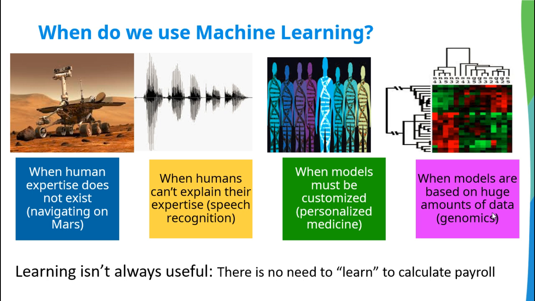When humans can't explain their expertise, for example speech recognition, which has improved a lot now, to different models. Video to speech, speech to video, and the many things we see online today in ChatGPT, on AIs, audio and videos that are going viral every day. They are machine learning based.